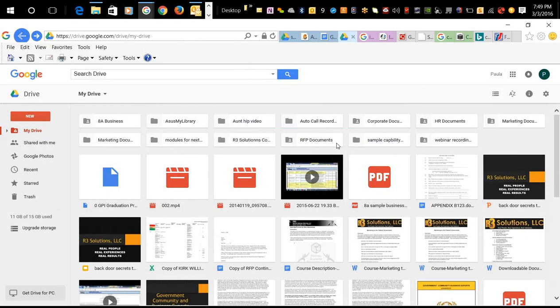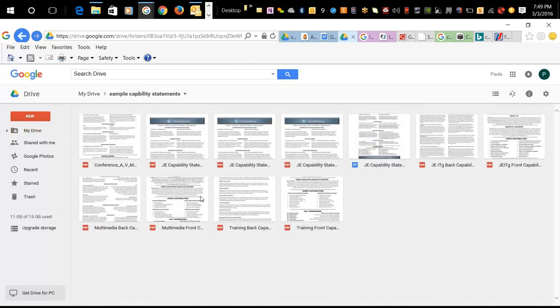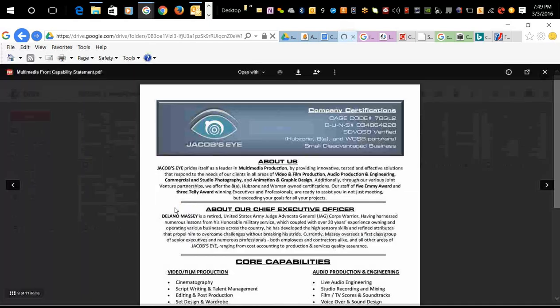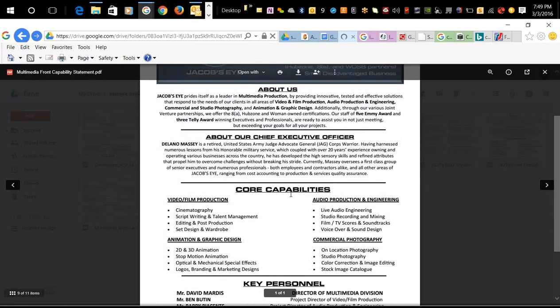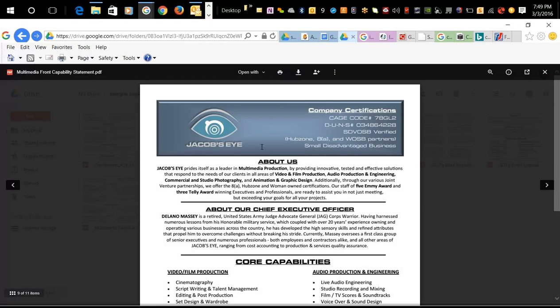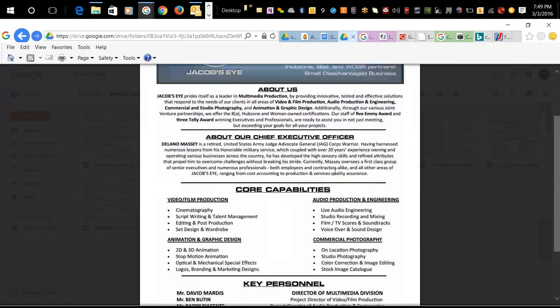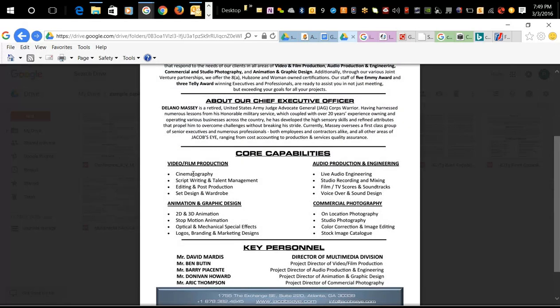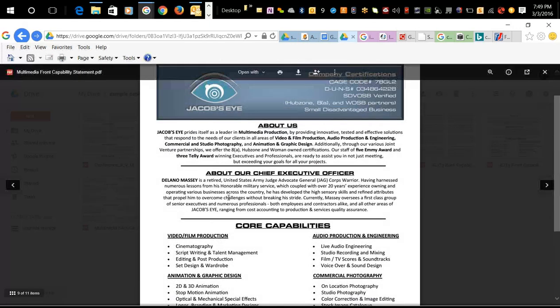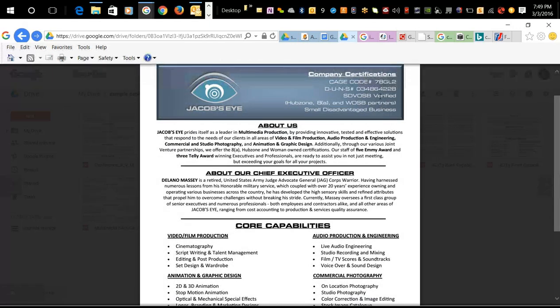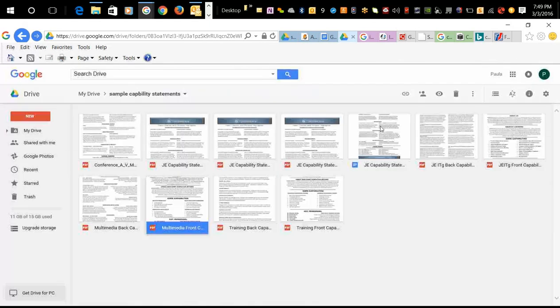If I look at his multimedia, this is what he's saying he does for multimedia. So he customized it based on the agency he was targeting. So if you look at the different areas, this is what he's offering the government as it relates to his multimedia component. If I look at the back of it,